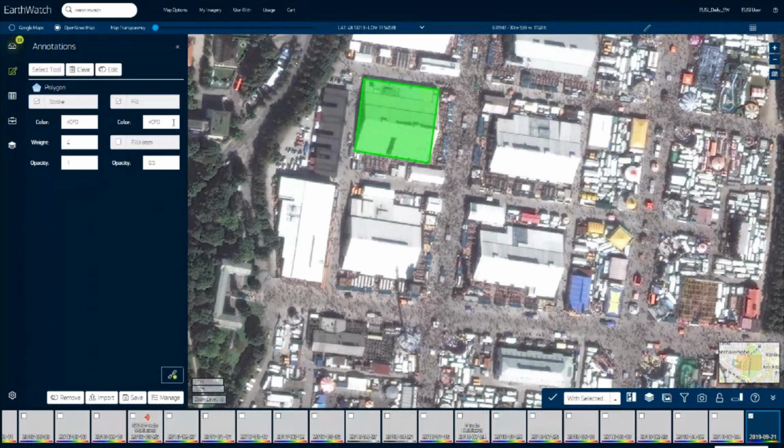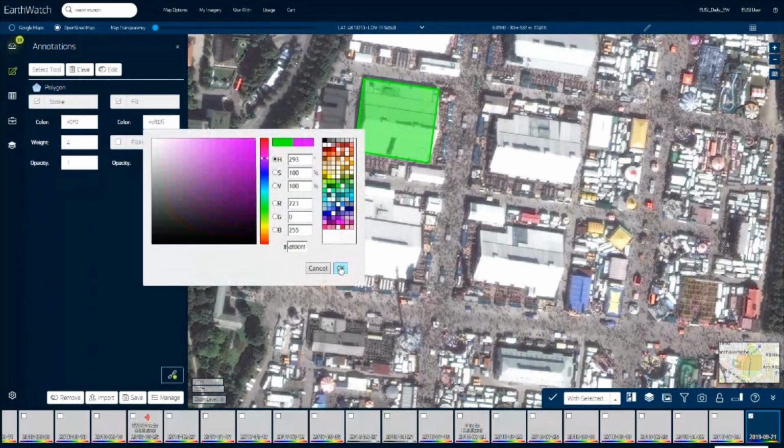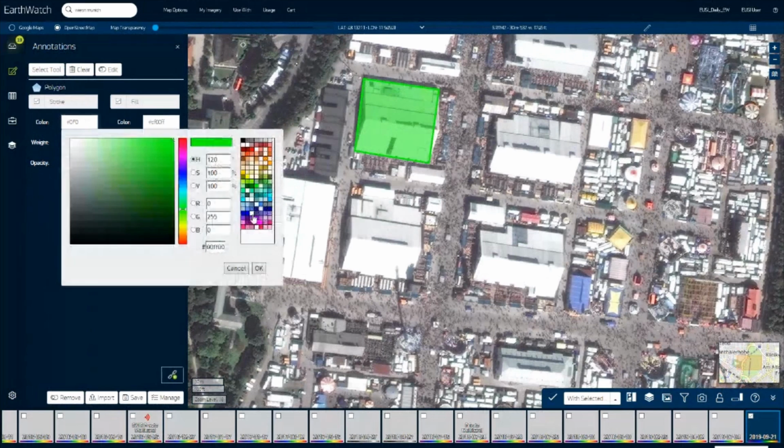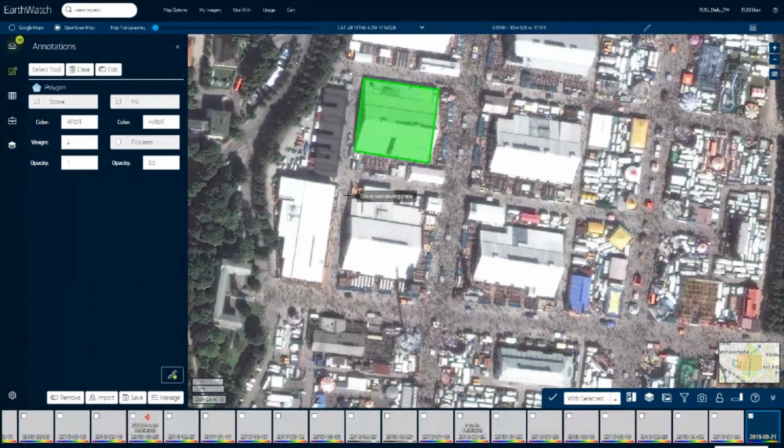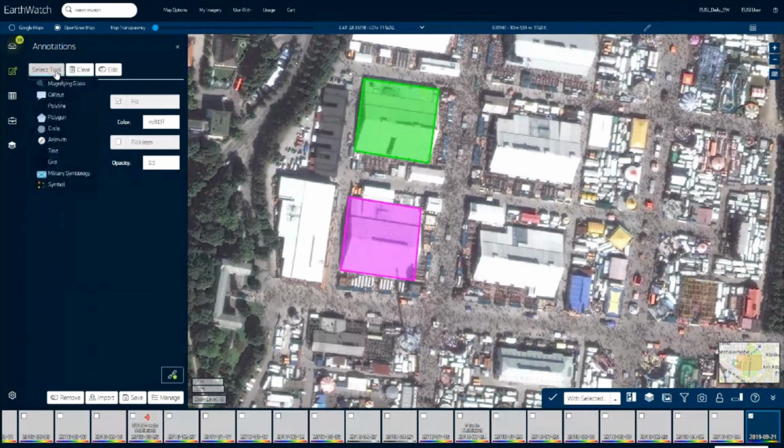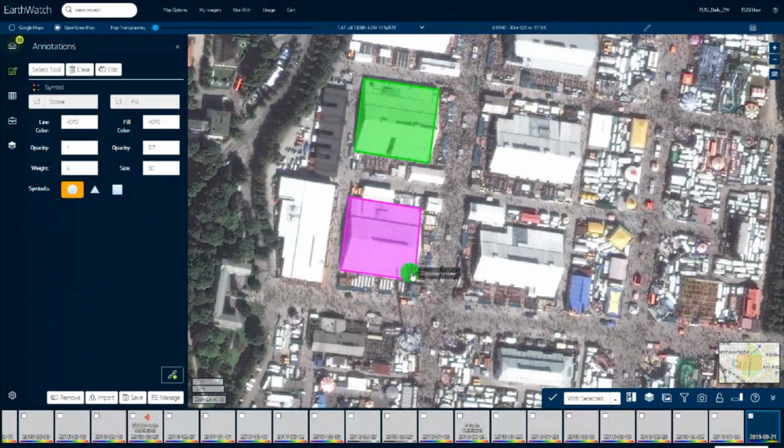I can change the color. Okay, I will change the outline. I can put some symbols. I can configure the symbols a bit, let's say reduce the size.